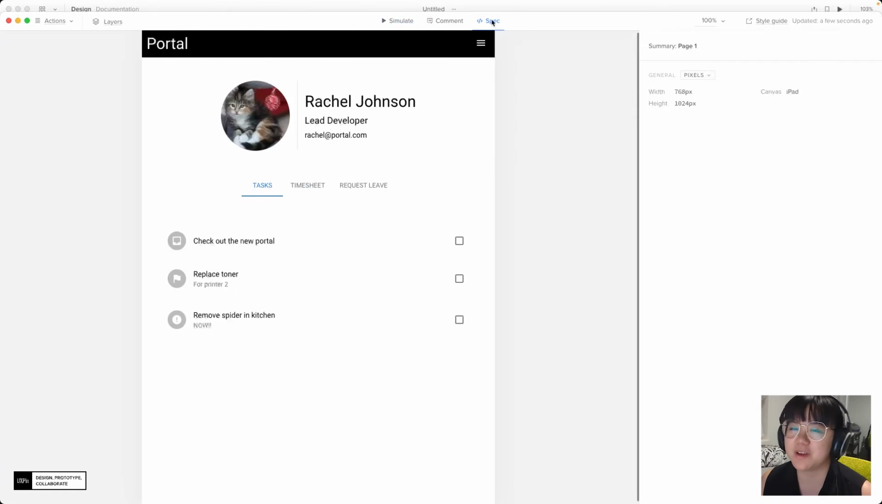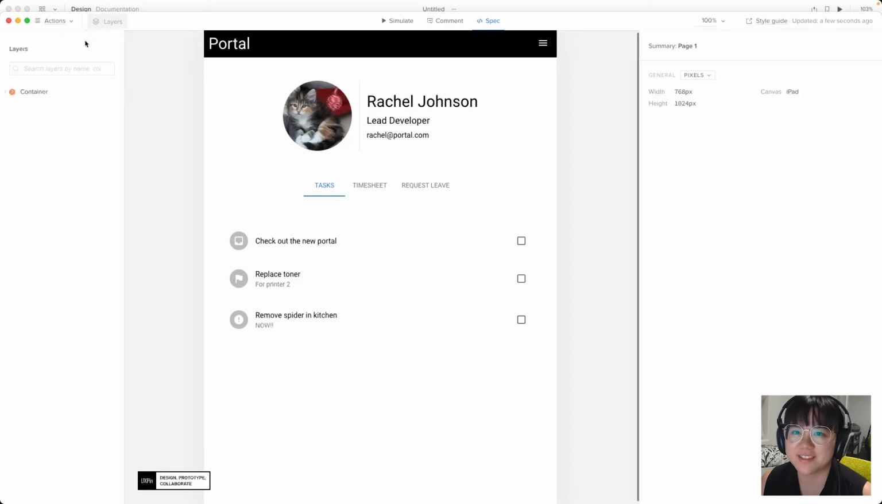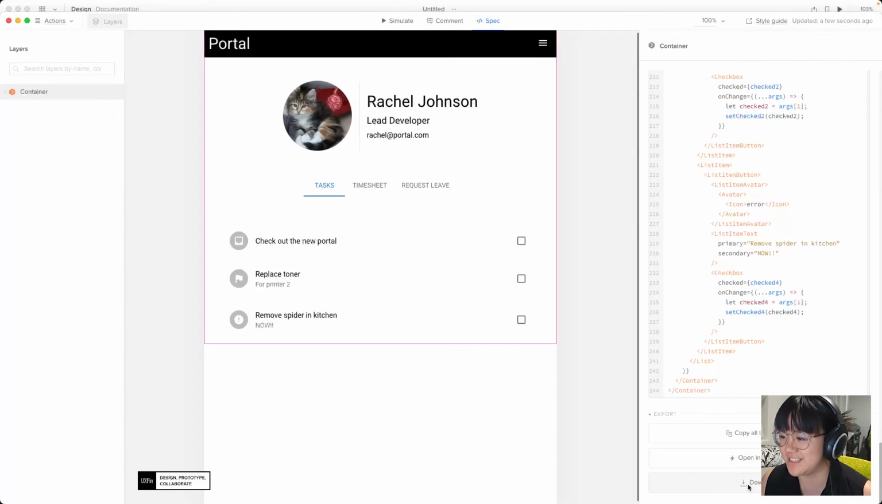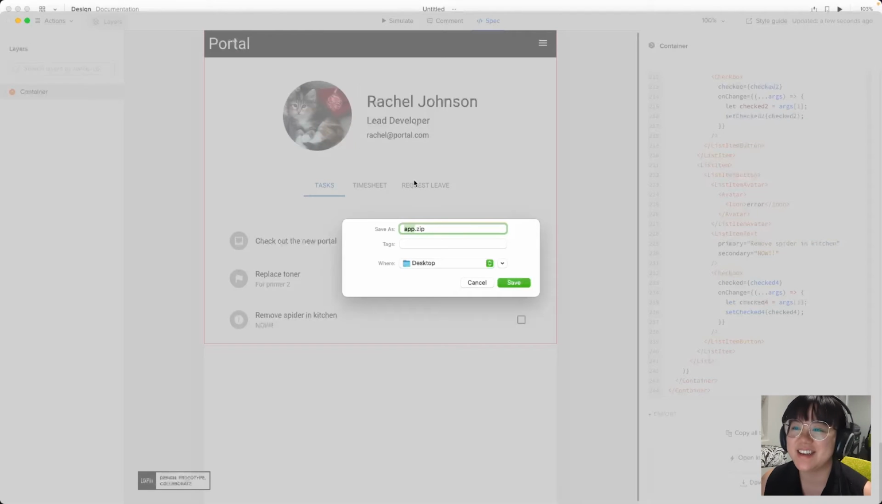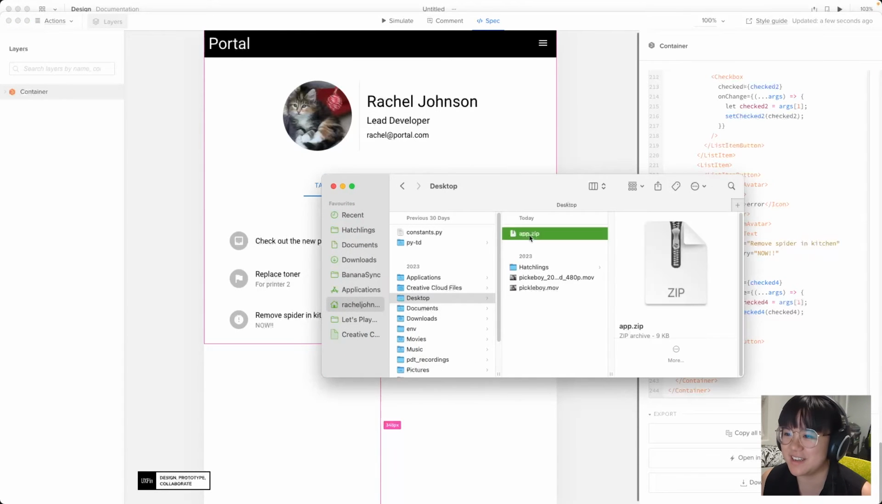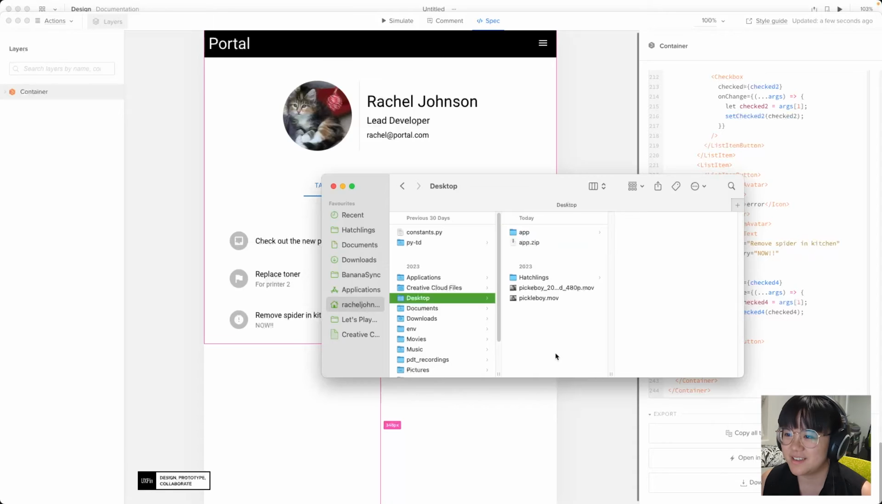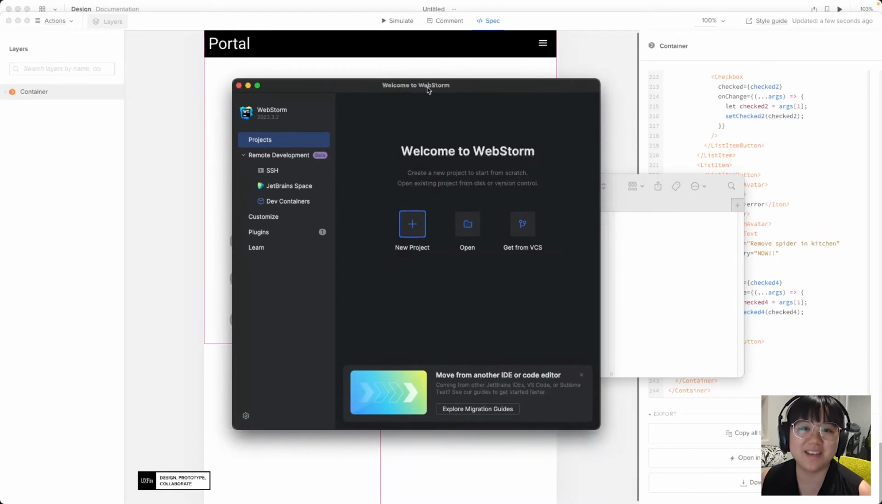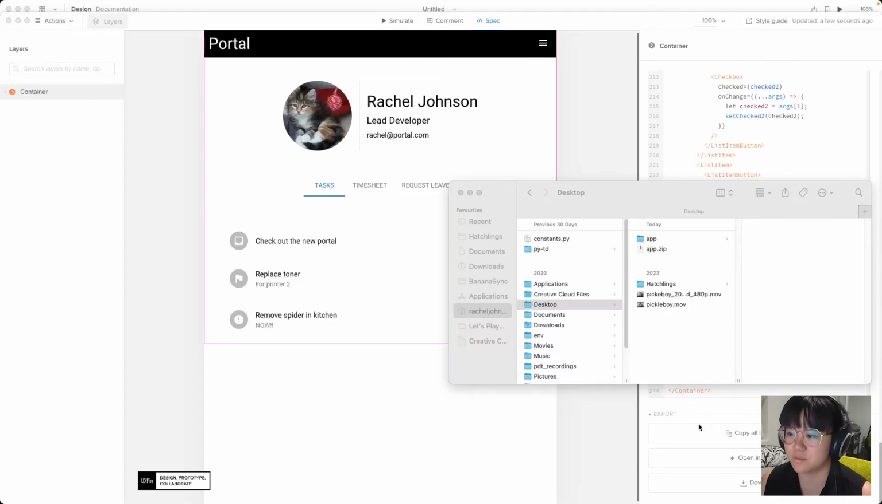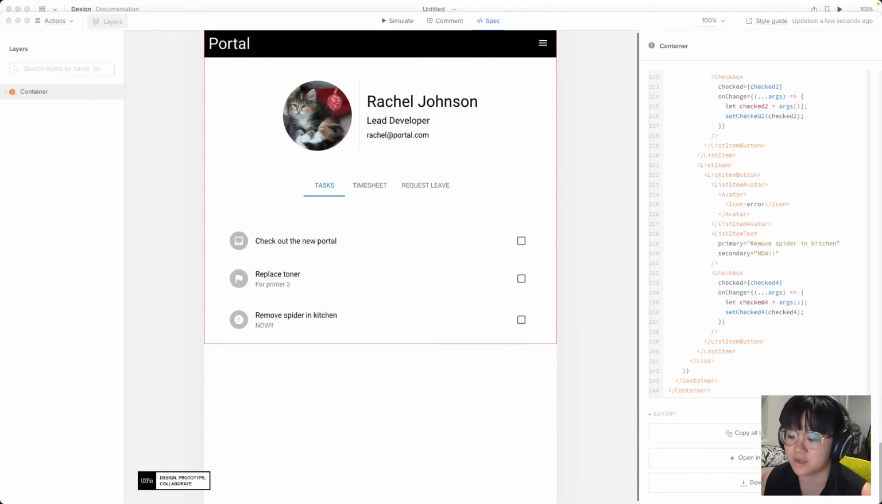Yes. Okay, we'll come back to spec and we will select the container and we'll come all the way down and download this as a React project. So I will be downloading this as app.zip to the desktop, and I'll open that up in Finder and I will unzip app. Now, I'll be using WebStorm as my IDE of choice, but please feel free to use whatever you're most comfortable with. So I'll drag app into the welcome window and then it will open up